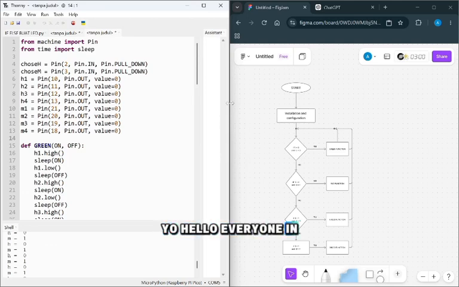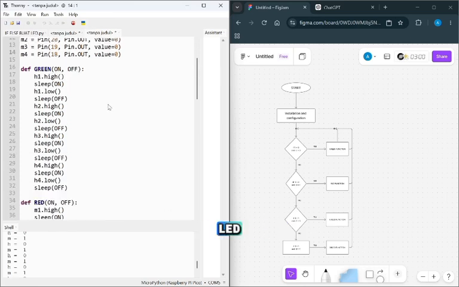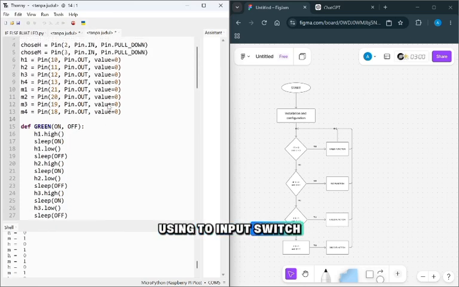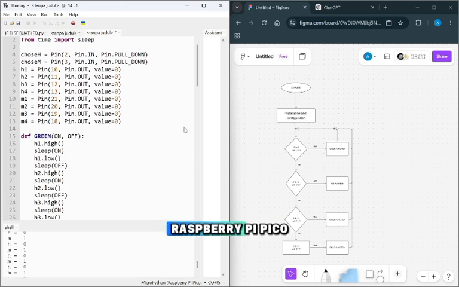Hello everyone. In this presentation, I will explain the flowchart and the MicroPython program used to control 8 LEDs. Using two input switches, the program runs on the Raspberry Pi Pico and provides 4 different lighting modes depending on the switches. Okay, the flowchart starts with the start symbol here.